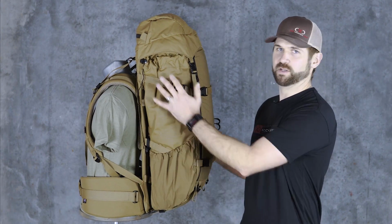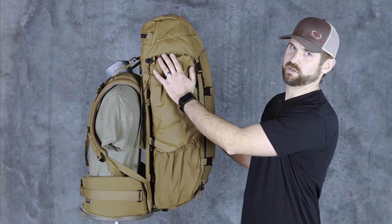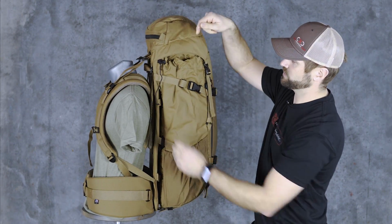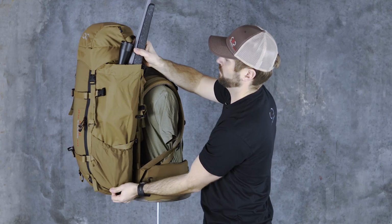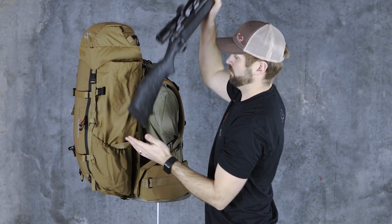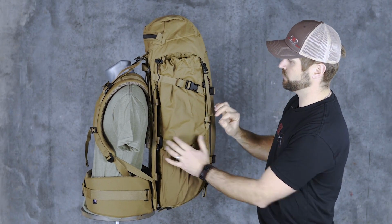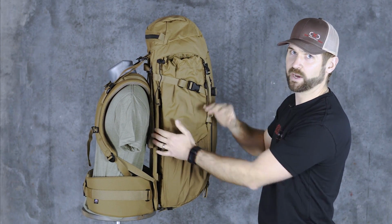Starting with the side here, and it's the exact same on both sides. We have the exact same full length side pockets. They're opened right here with a cinch. That's great for tripod, spotting scope, water bladder. You can even drop a rifle down in there if you want. Same great features we had before of our angled compression strap. So as you're pulling that strap, you're sucking the load tight and up and into the pack so it prevents